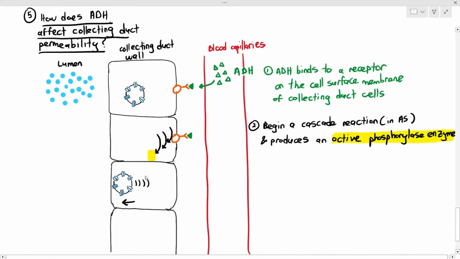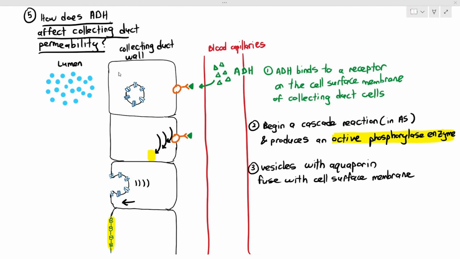So the vesicles with aquaporin are moving to the cell surface membrane, and it fuses with the cell surface membrane. Now, some students will say, oh, this is exocytosis. No, this is not. Exocytosis means it releases substances, but there's nothing inside the vesicle, so nothing is being released out of the vesicle. But what is happening is the aquaporin, or that channel which was on the vesicle, now becomes part of the cell surface membrane, as I'm highlighting over there. So in this case, the vesicles fuse with the cell surface membrane,